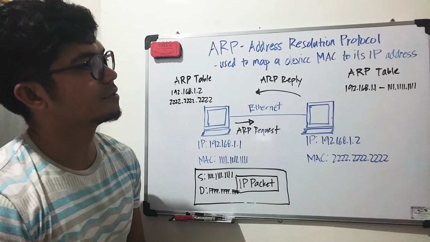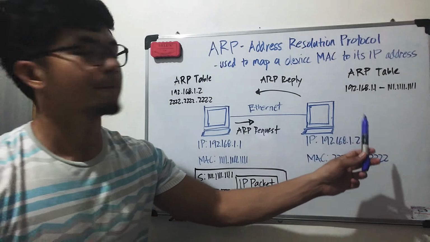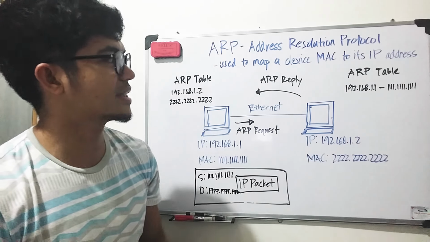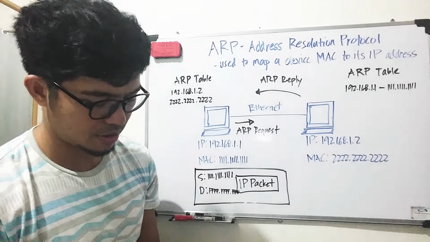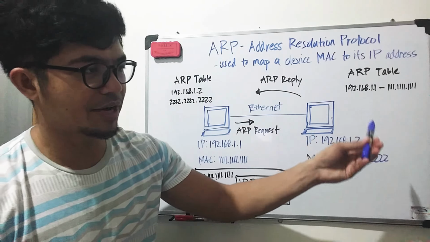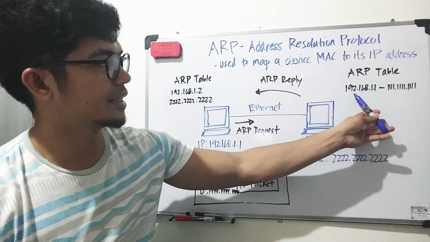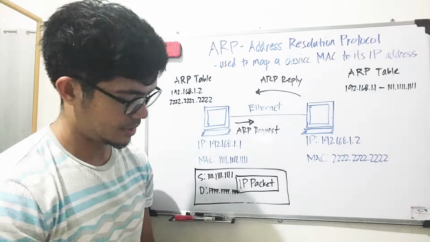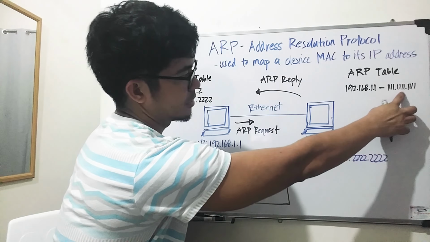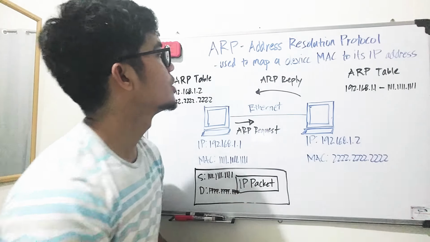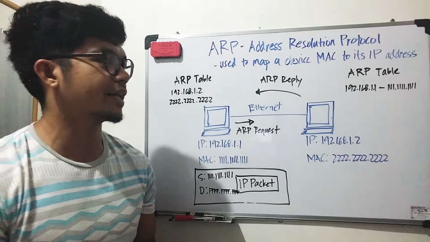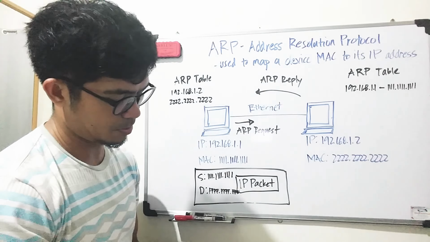It's going to create an ARP table. Every device has its own ARP table. Like I said, it's going to create an ARP table, and it's going to list the source IP address and the source MAC address. And the second thing that it's going to do is